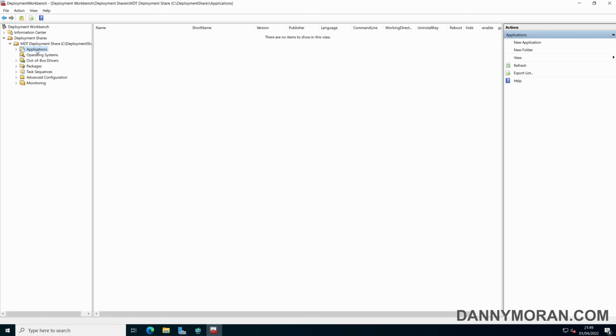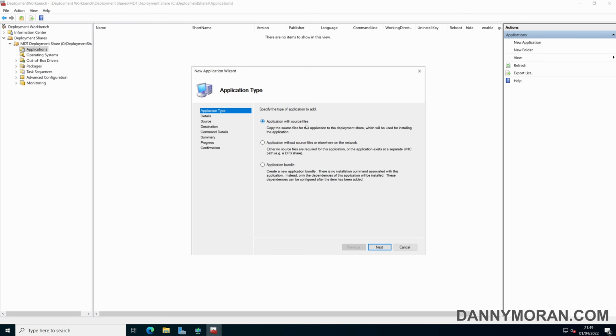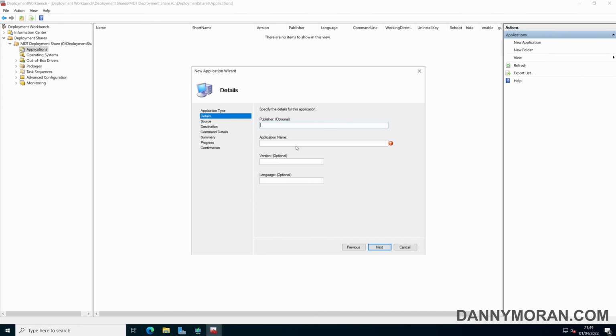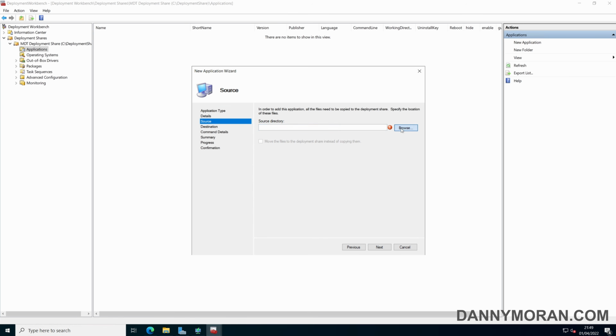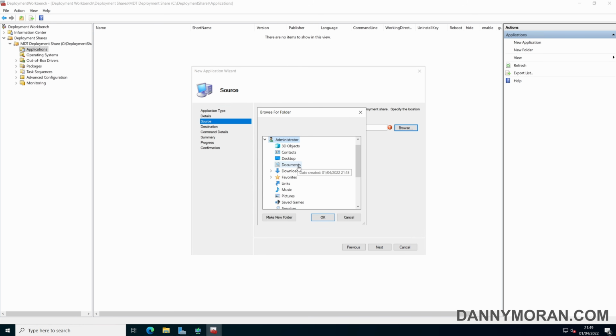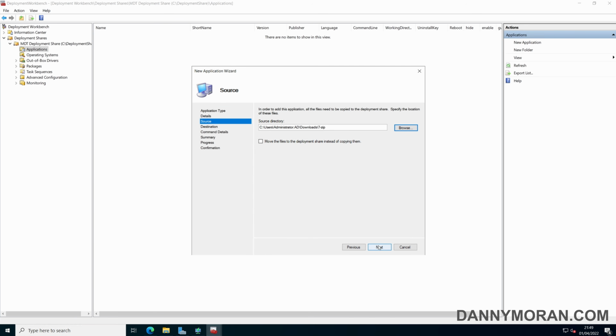So then if we go back to our applications, we can do new application, application with source files, and then next we'll give it a name, 7-zip. Ideally you'd fill all this information in, but for the demo I'm not going to. Then select the source files, so we'll just go to downloads and select the 7-zip folder with our 7-zip installation file in there. If you want, you can tell this to move the files instead of copying it to save on storage, but I'm just going to copy it. And then next,